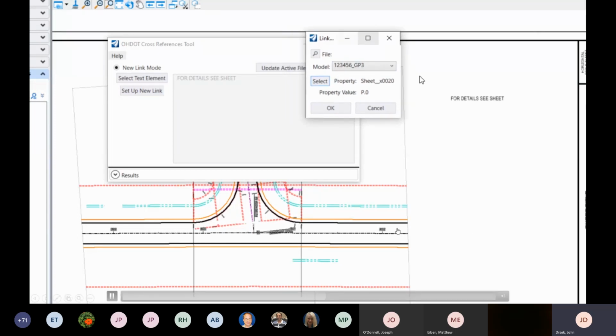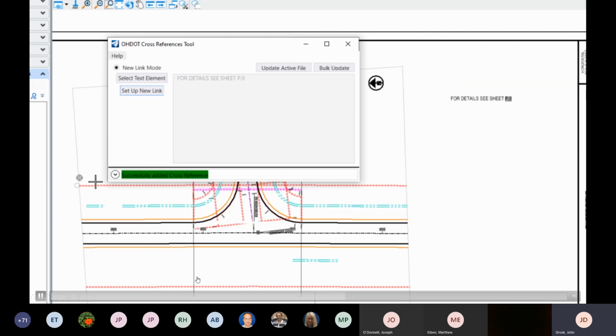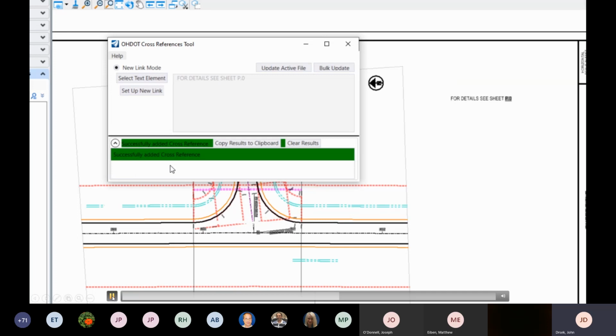So now you have enough information to actually create this link. I'm asking for just the basics of what I need: what file, what model, and then what property. So I will hit OK. It's going to create that link, and then it says down here successfully added. If it failed, it would be red, and then I can pop that out and